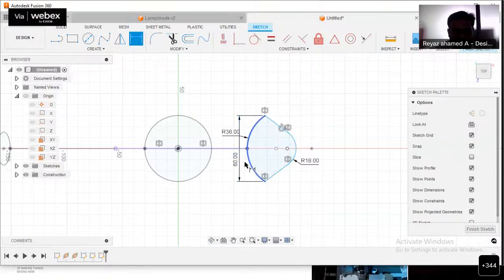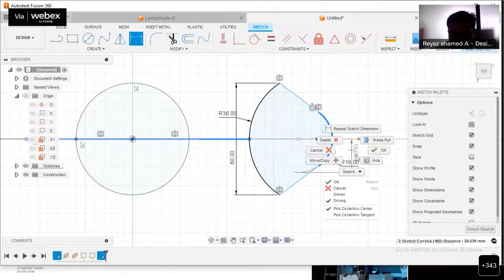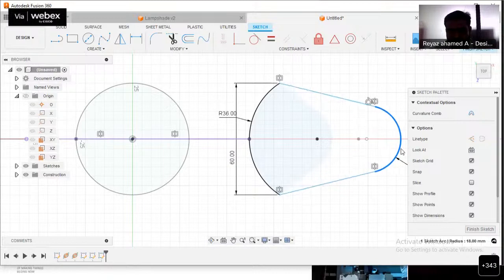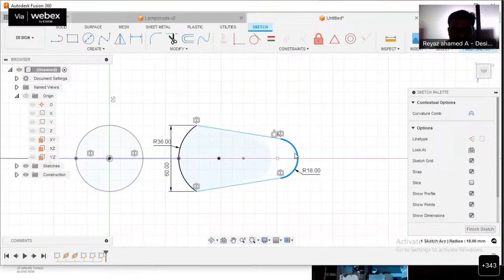Okay, wait. Some error is there actually. We click at this point and then let's move somewhat away. So just let me drag this cursor away actually.